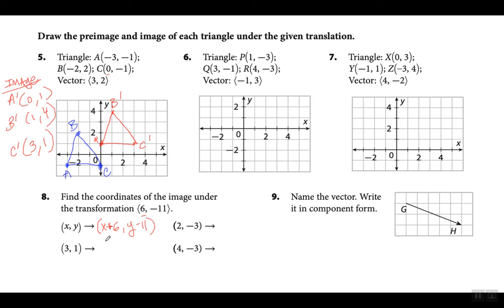Underneath it, I'm actually going to work that out. So if x is 3, 3 plus 6 is 9. And y is 1, 1 minus 11 is negative 10. Same thing over here. I'm applying this rule or this vector to these coordinates. So for the 2, I've got to add 6 to 2. 2 plus 6 is 8. And for the negative 3, I've got to subtract 11 from negative 3. Negative 3 minus 11 is